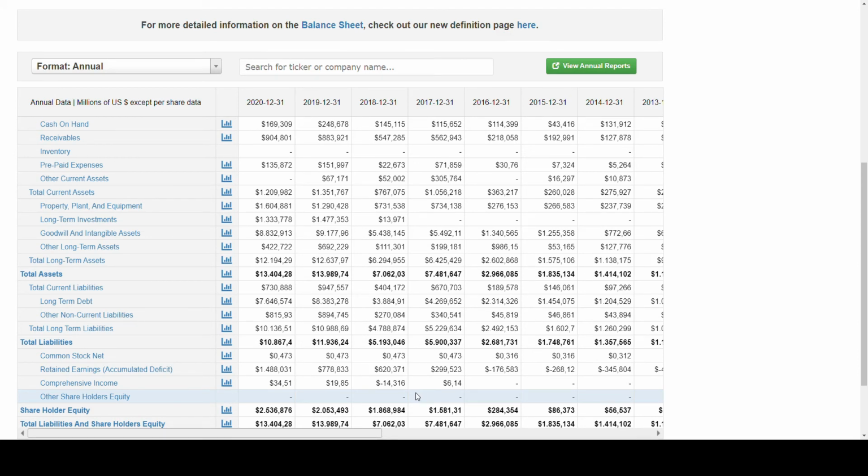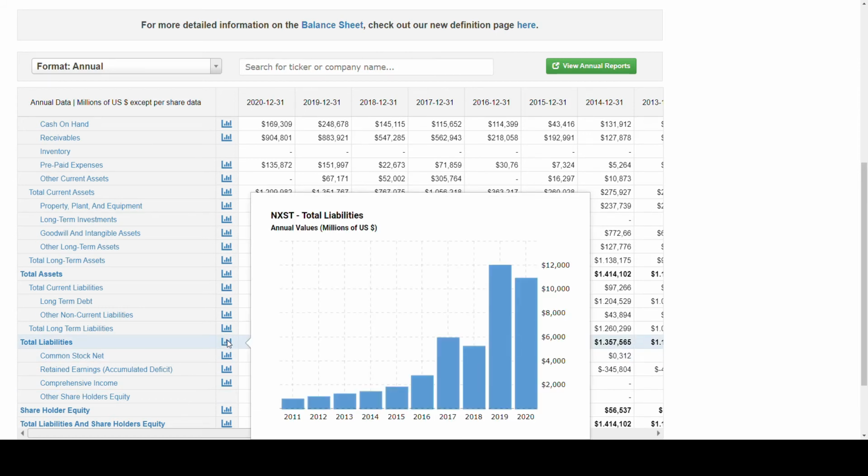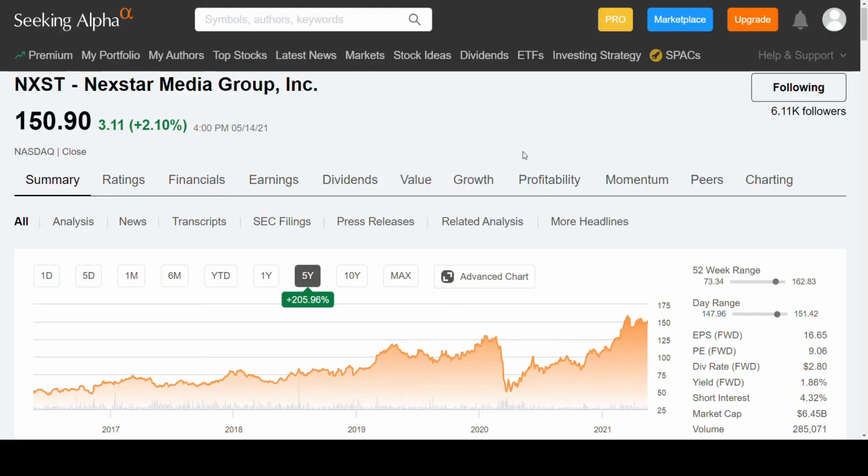Well, let's start by addressing the elephant in the room, since if you take a look at the liabilities, they have more than $10 billion in debt. And they have a credit rating below investment grade, indicating that there is more risk with this investment. And